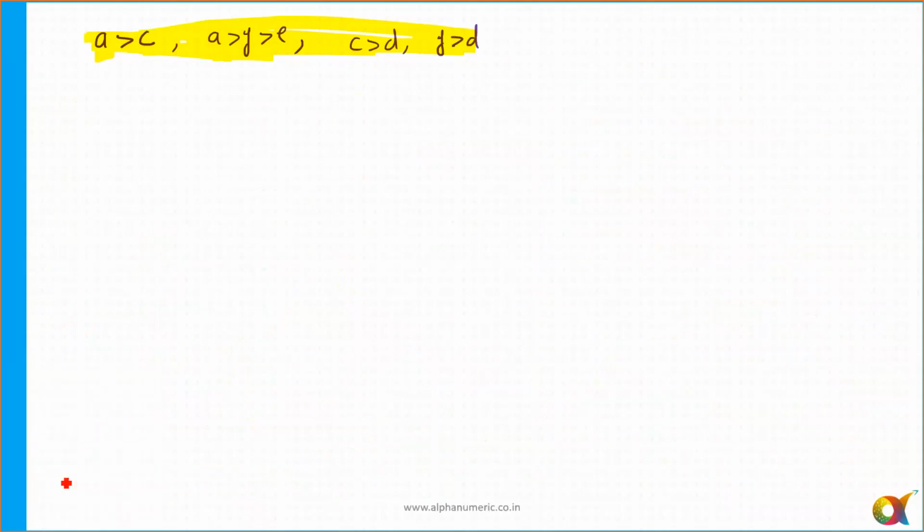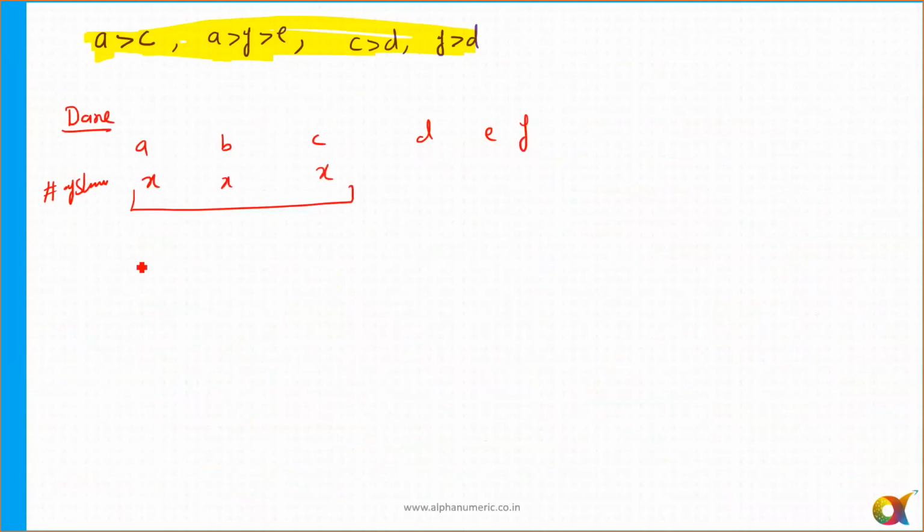And again, Ken has made some profit. So the prices are A, B, C, D, E and F. See, so he bought equal number of shares. So let's say he bought X shares at A. Okay, number of shares. So the number of shares he bought at A is X, at B is X, and at C is X. So what is the cost price for Ken? So can I say the cost price for Ken is nothing but equal to X into A plus B plus C. Okay, X into A plus B plus C.